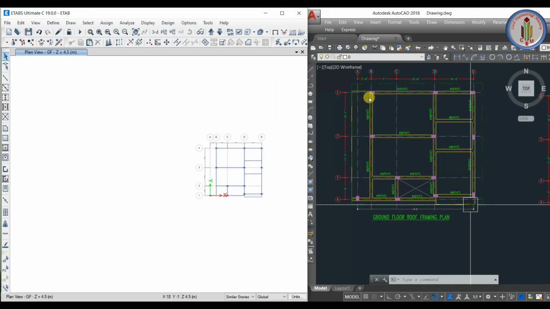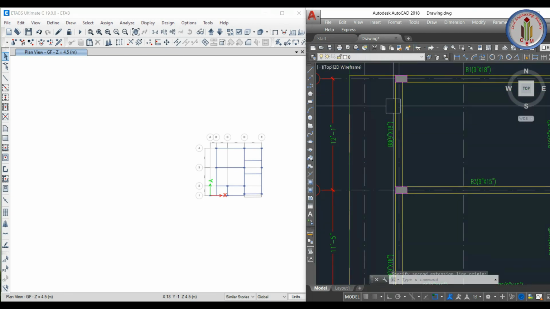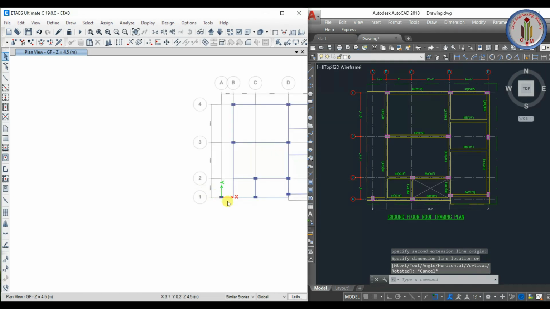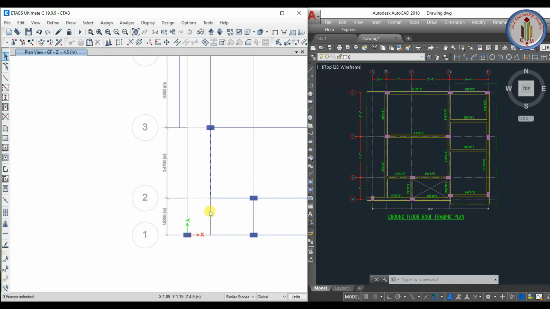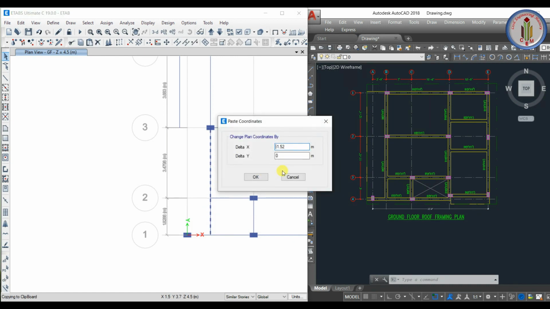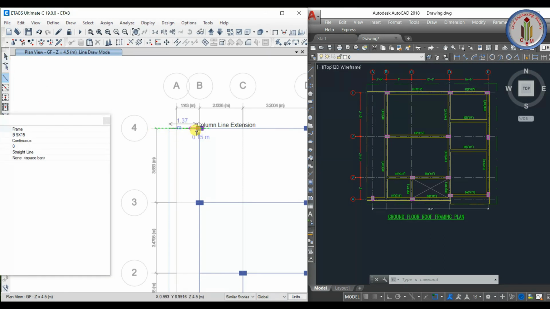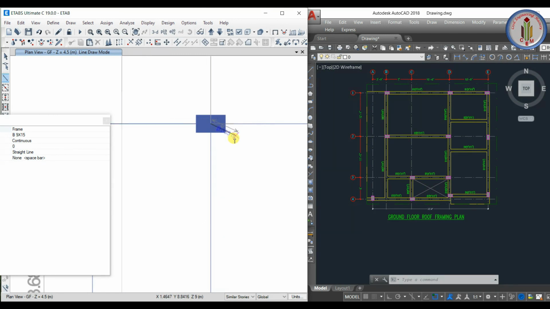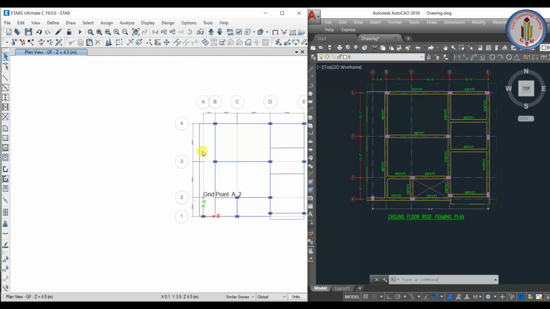Similarly, we have to add one more cantilever slab in this area. Let's see the dimension, how much it is there. 5 feet cantilever is there, so 5 feet we need to add. Control C, Control V, which is, sorry, not in the y direction, it is in the x direction, minus 1.52. So we got the beam here, and again this also we can select and do the same thing. Next we can add one beam here connecting this joint to this column, and again here also we can connect. So this cantilever slab is created now.